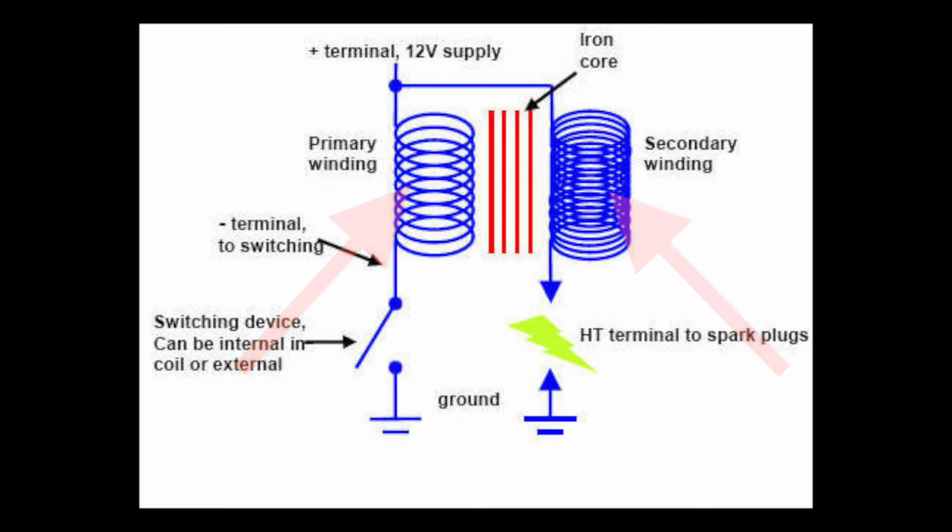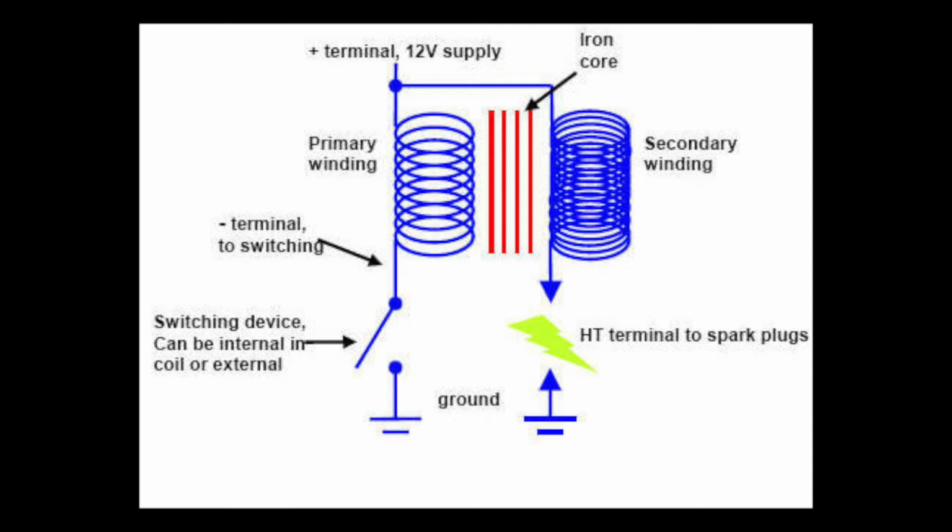And it's going to have an iron core that's going to separate both of these windings so they don't touch each other. Now our coil is going to have a 12-volt power supply, and it's also going to have a means of switching or grounding the coil to start energizing it. Now this is going to be using a transistor or igniter, which we're going to talk about in a second. Going back here to our primary and secondary windings, we're going to see that they're wound, essentially wire